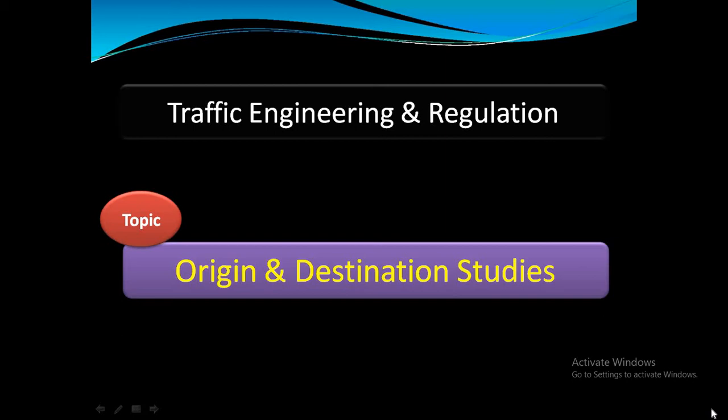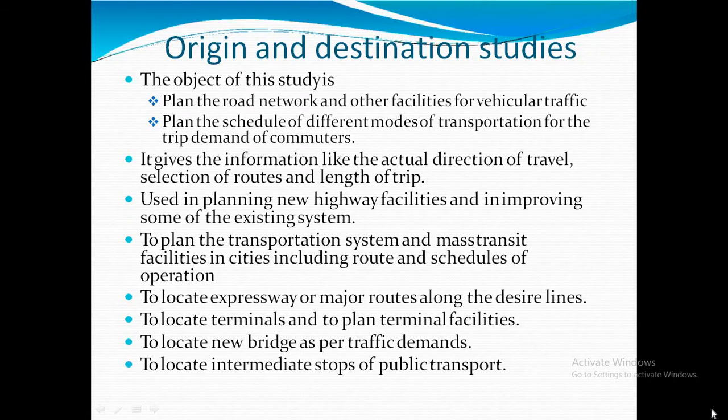The origin and destination studies are carried out mainly with two objectives. One is to plan the road network and other facilities for vehicular traffic, and the second one is to plan the schedule of different modes of transportation for trip demand of commuters. So the origin and destination studies of vehicular traffic determine their number, their origin and destination in each zone